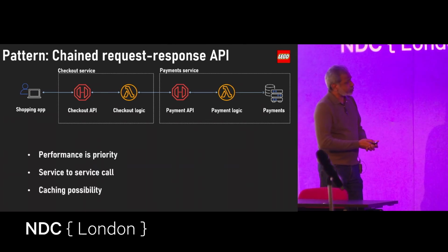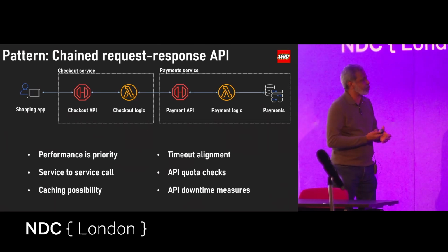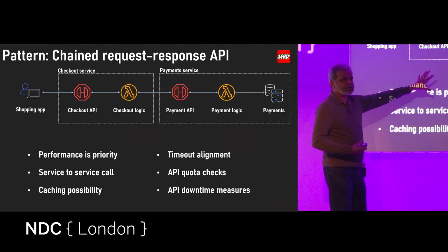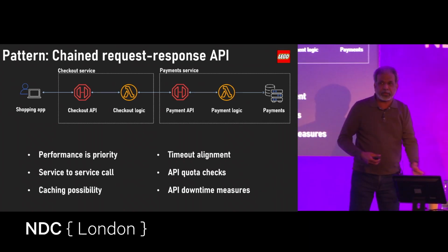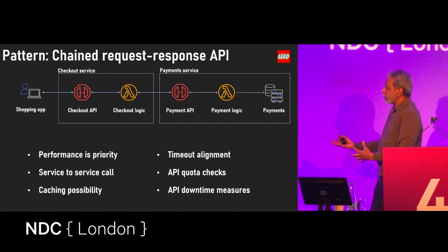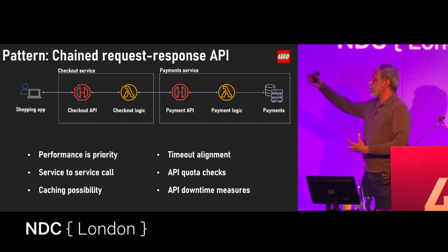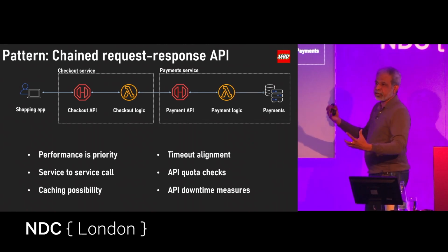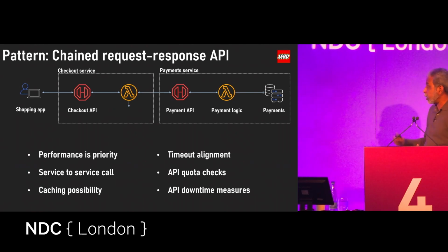Anyway, so again, performance should be top notch because there is a customer here waiting to make the payment, and this is a service to service call. So extra things come into play. The timeouts between these different APIs need to be aligned, okay? Because if this is taking longer and if checkout is timing out faster, then we have a problem. The other thing is quota checks. So in this case, if it's within an organization, it's fine. What if this is provided by a third party? They have limits on how many invocations you can make, per second or per day, etc. So these things come into place, and also the